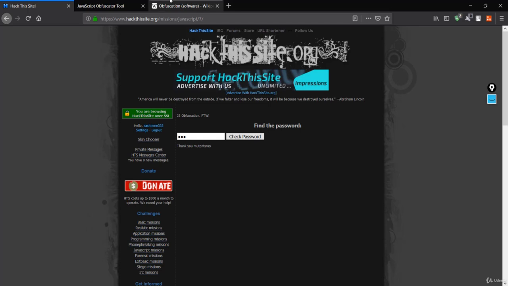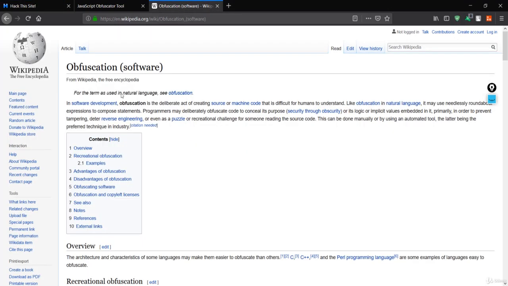First of all, let's see what this obfuscation means, and we have the Wikipedia link over here. It says that obfuscation is the deliberate act of creating source or machine code that is difficult for humans to understand. That means you are wrapping the JavaScript code so that it won't be easy for a human to understand.